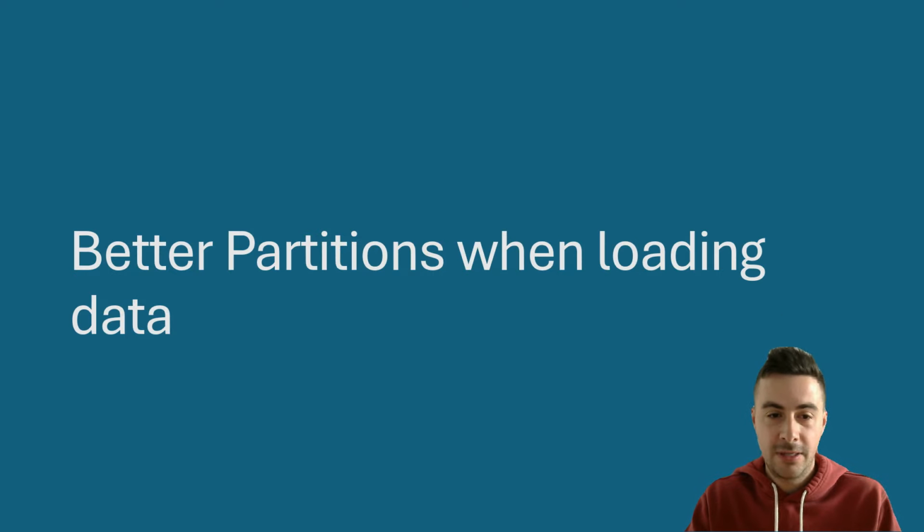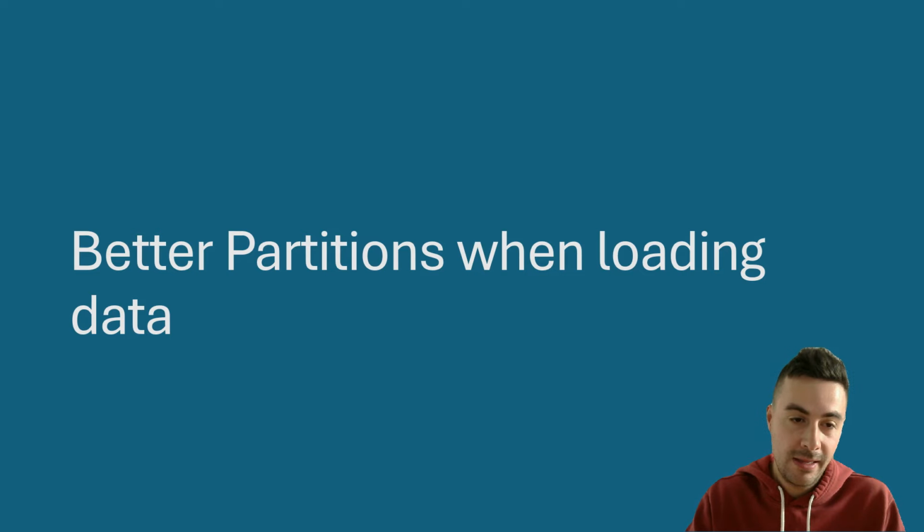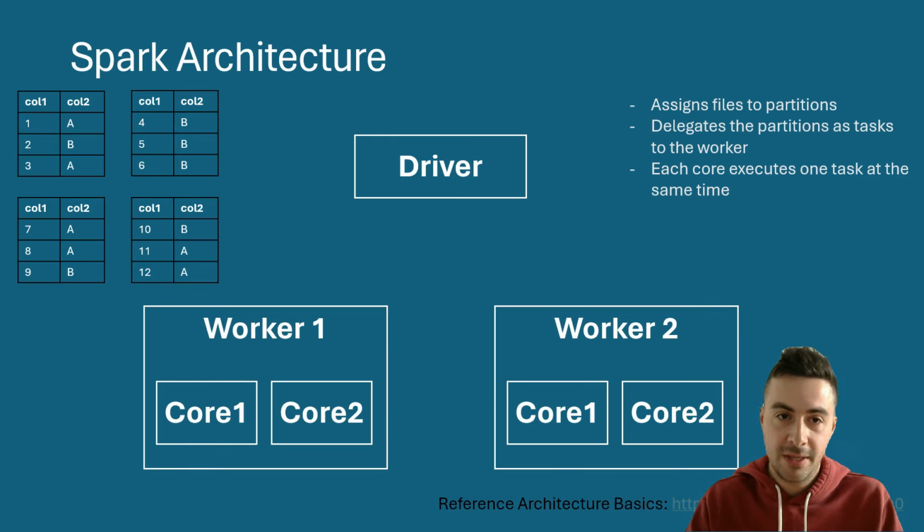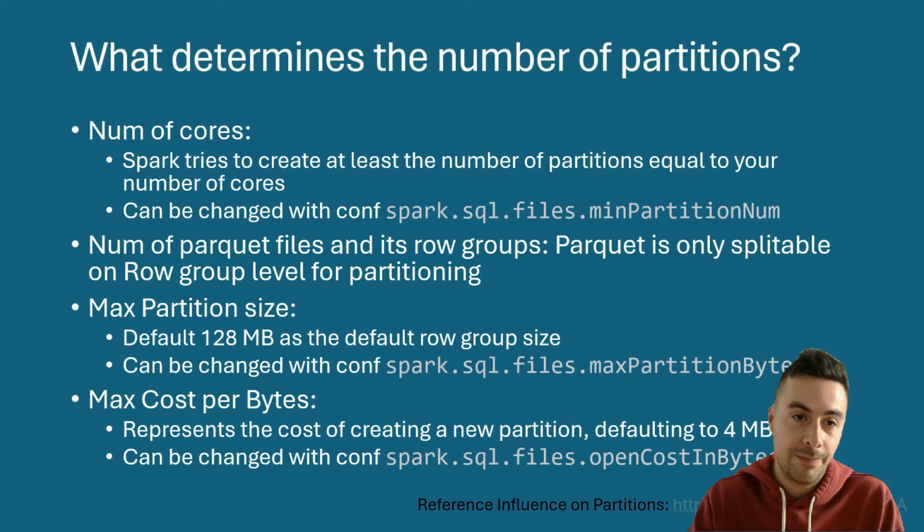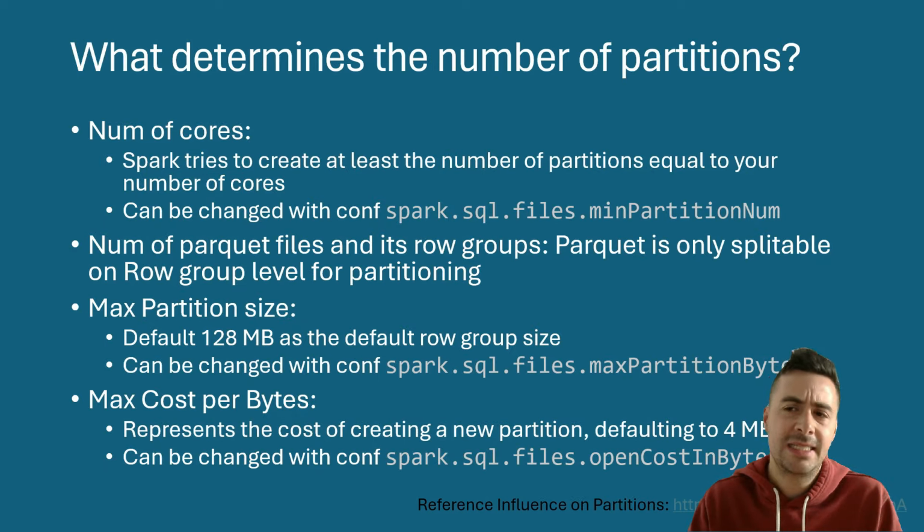And now let's come to the last topic. We talked about our architecture: we have the driver and we have the worker. And what we also said is normally we don't want too many partitions, and we want to, of course, use all our available cores. Because our driver assigns partitions to a task, and each task is executed by a core. So what defines the number of partitions we are loading? First of all, the number of